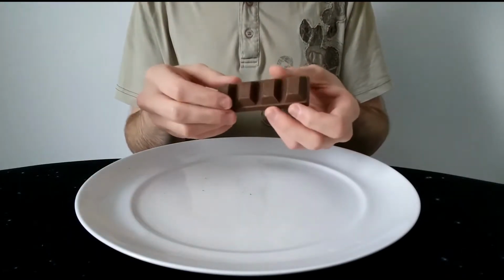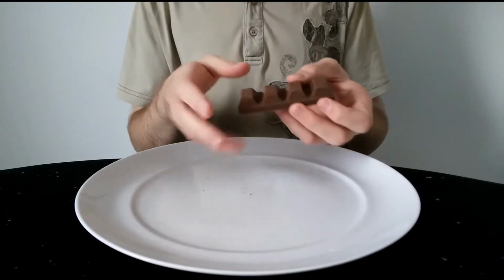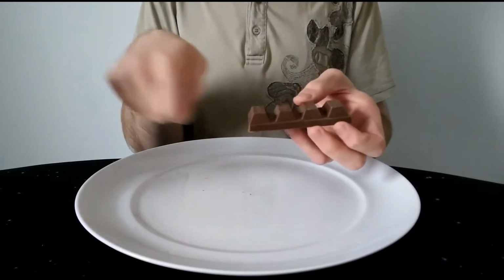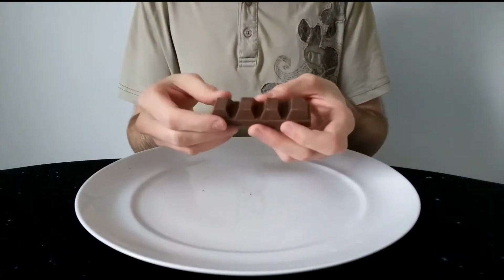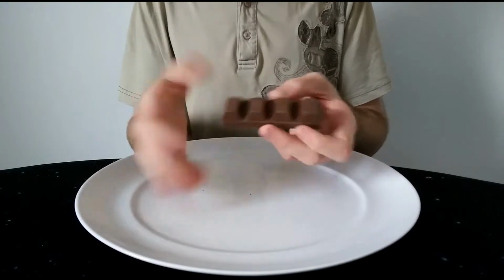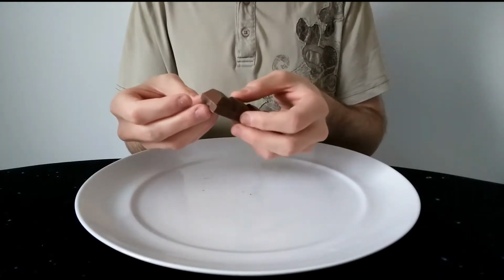But I do probably prefer it to some of the creamier chocolates, such as say Galaxy. Galaxy is a bit too creamy for me. I don't mind it when dipped in chocolate and swirled a bit, that's lovely. Dipped in coffee, or dipped in hot chocolate, I'm sure I'd love that. But yeah, I think